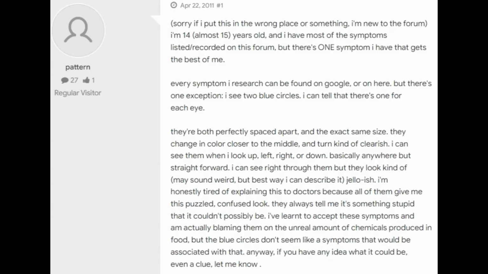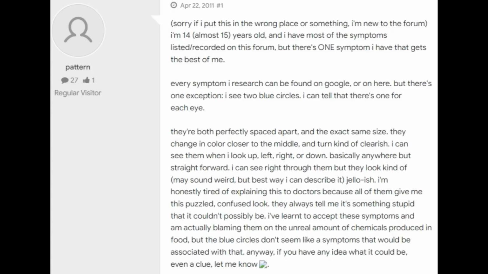I see 2 blue circles. I can tell that there's one for each eye. They're both perfectly spaced apart and the exact same size. They change in color closer to the middle and turn kind of clearish. I can see them when I look up, left, right, or down, basically anywhere but straight forward. I can see right through them, but they look kind of, may sound weird, but the best way I can